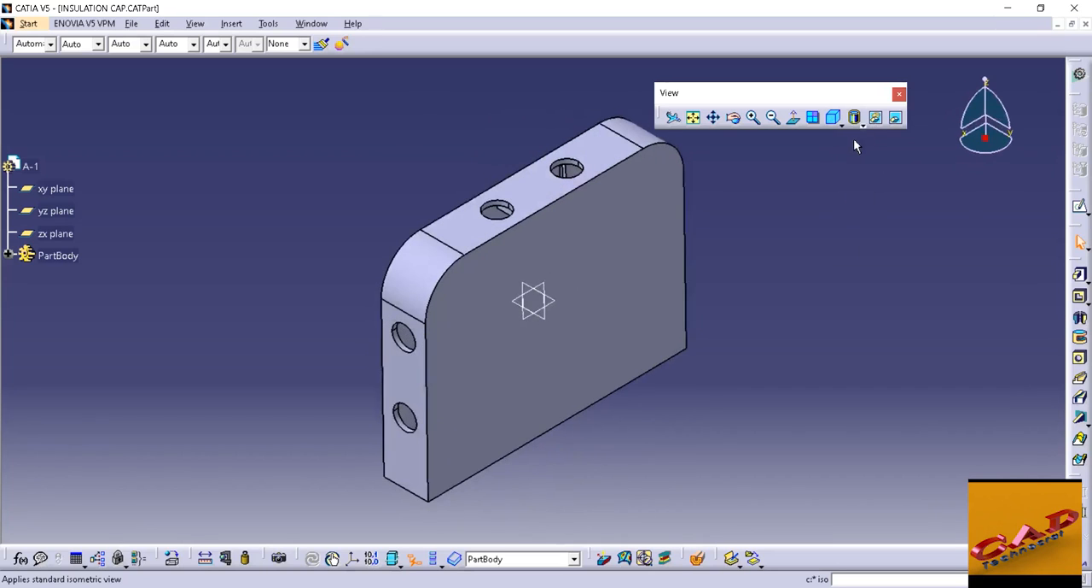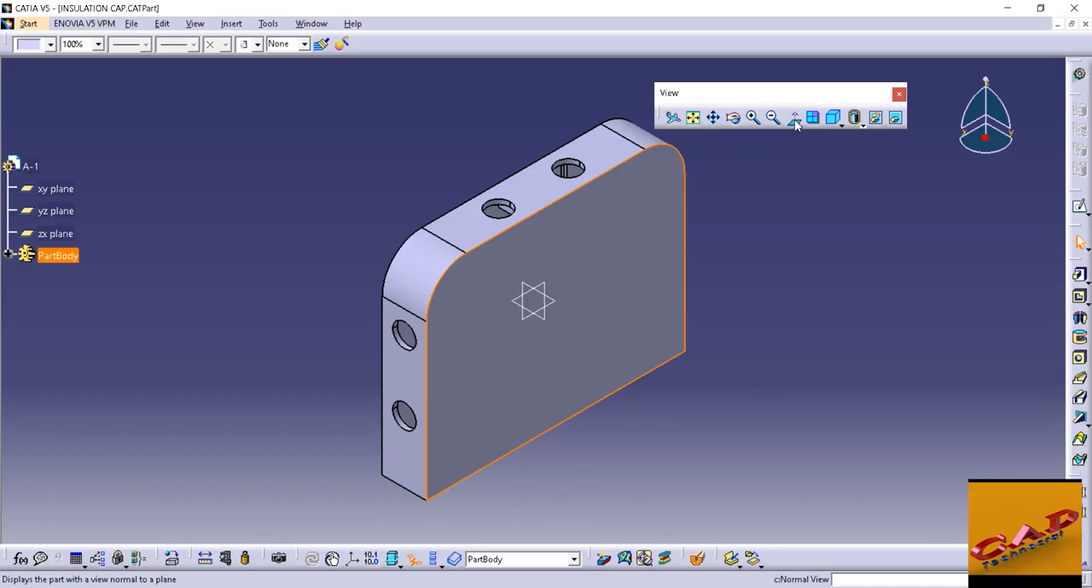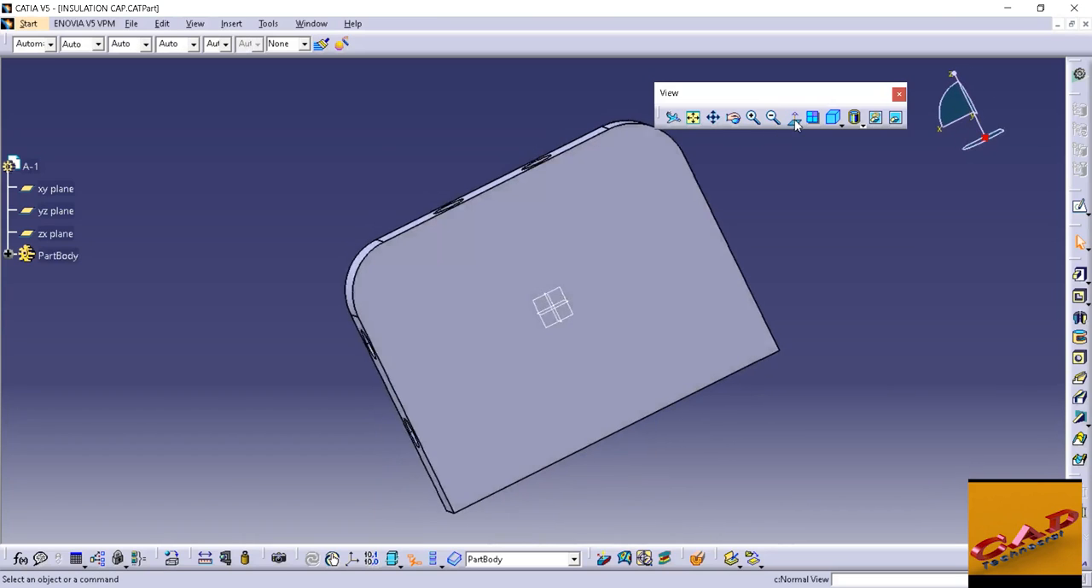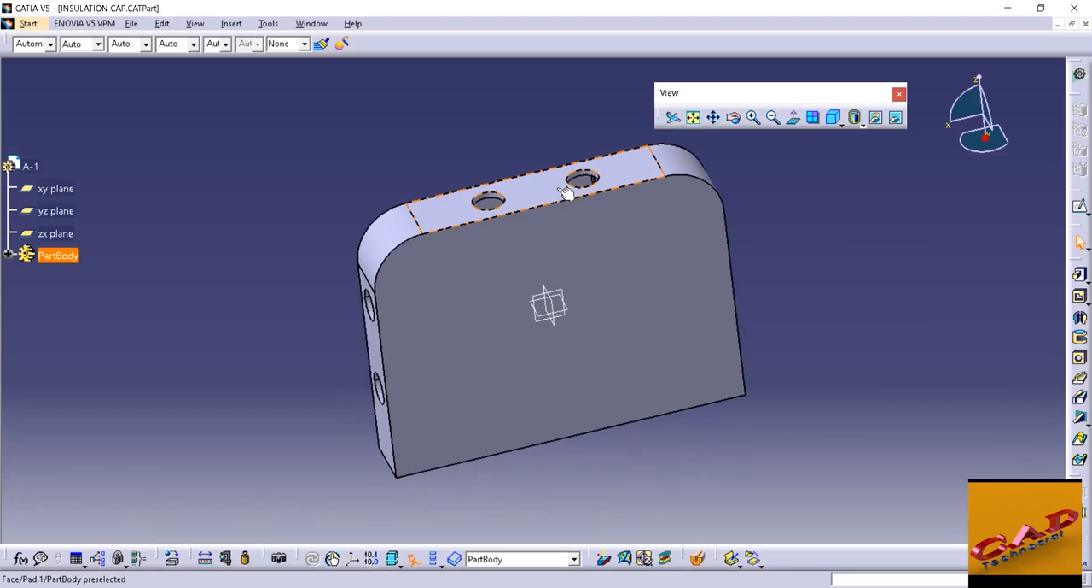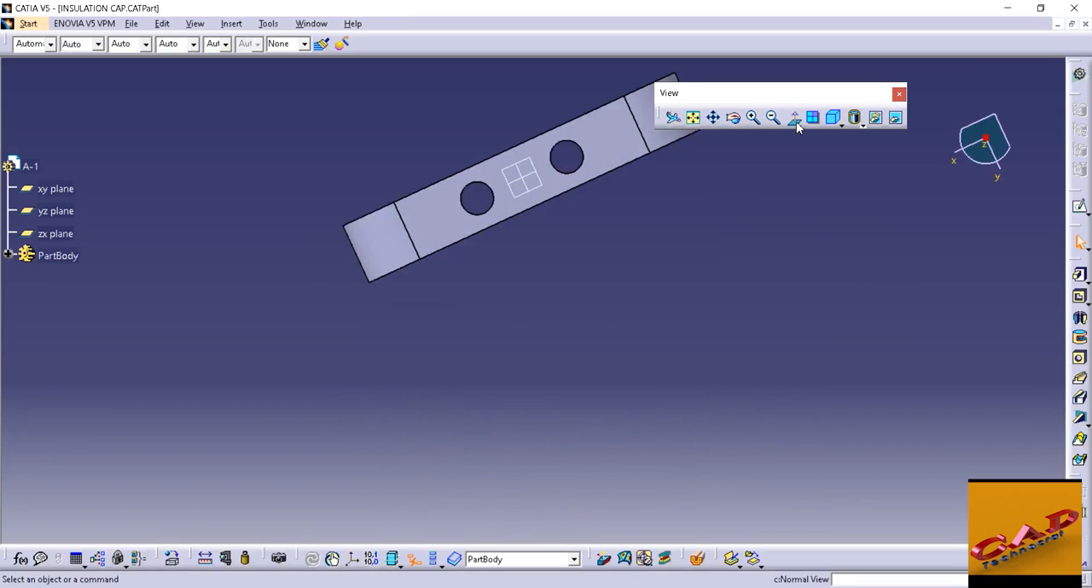Okay, the next view is the normal view. What is a normal? That means it is a line or view which is perpendicular to the surface. If you want to see a normal surface from here, I will click this surface and click on the normal view, so you can see your screen will show the perpendicular view of this surface. If you want to see the normal view of this side, click on this and click on the normal, so it will create a normal view of the surface. Okay,